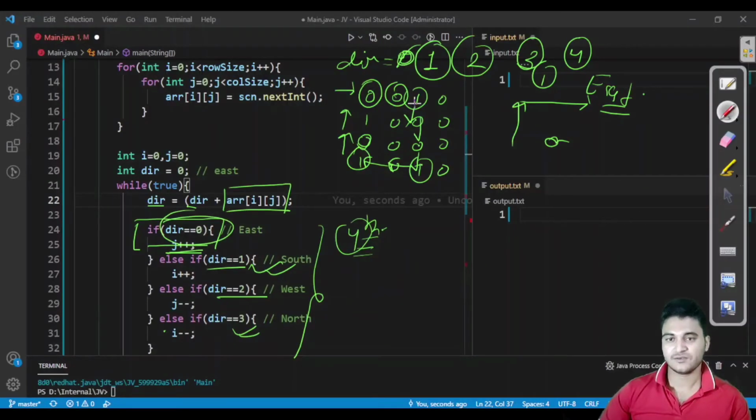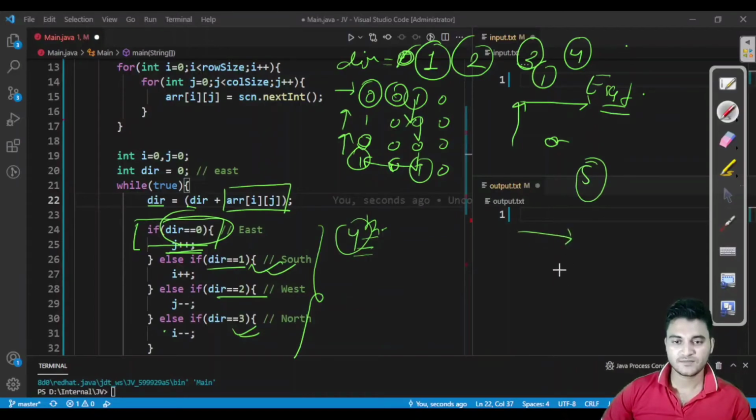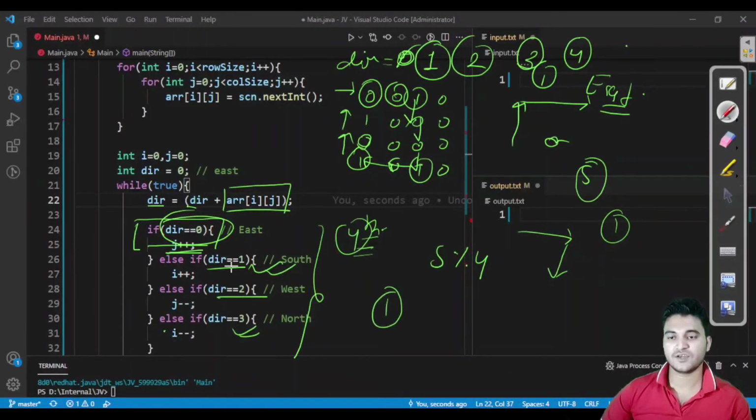Each direction represents 0. So if you found 4 or greater than 4 values, then you have to take the remainder of the direction with 4. Let us say it is 5, you are going into this and now you found 1, then you have to move into this. That means this is south direction, which is 1. So if it is 5, if you take remainder with 4, then you would get 1. So again you would have to move into south direction. If it is confusing to you, then you should reiterate this span of the video, or you should dry run it on your own.